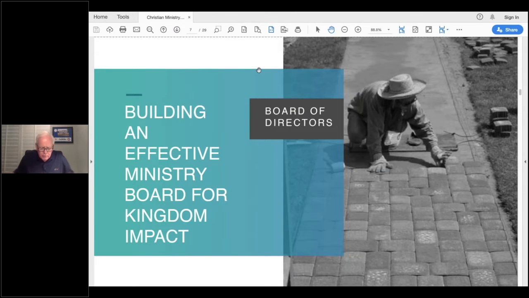So building a fort, you truly are building it brick by brick, one at a time. And to do that, the board people need to understand the role as they're being recruited, before they're even on. They need to understand what the expectations are and what the role is. So they need to understand that there may be an operational piece to their responsibility, or maybe it's just a governance piece of monitoring, tracking results, etc. They understand what the mission, vision, and the values are of your agency, and they subscribe to them.